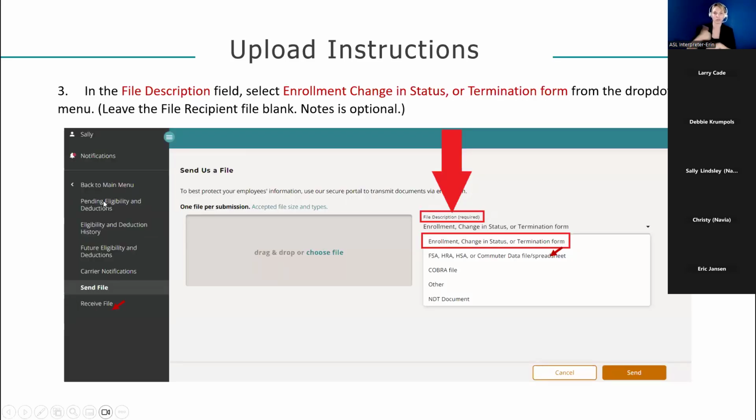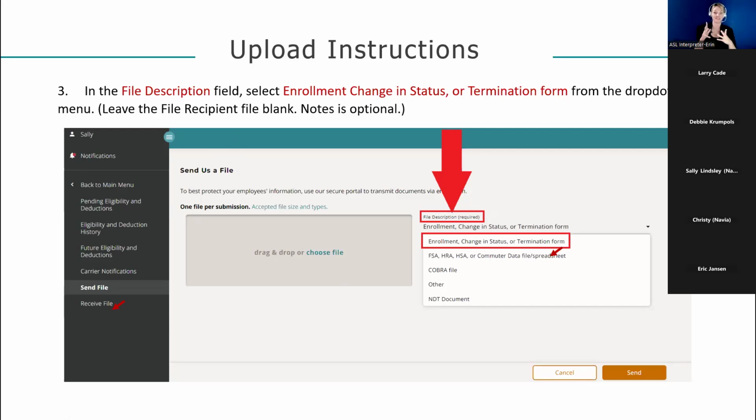So yeah, just again, back to the screen, you can see that this is the send file link you would click on. It will bring up this screen here, and there's this box where you can just drag and drop any files you have. You may also click that choose file link right here, and it'll bring up a window that lets you select a file from your computer if that's what you would prefer. Once you load the file